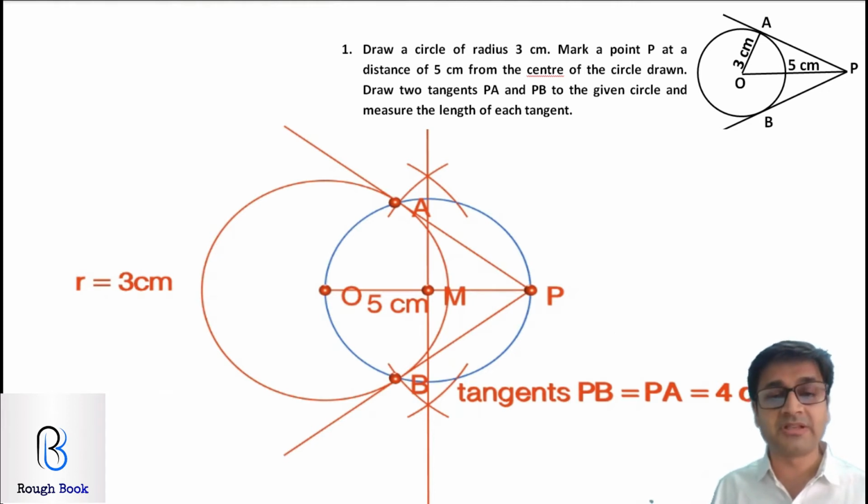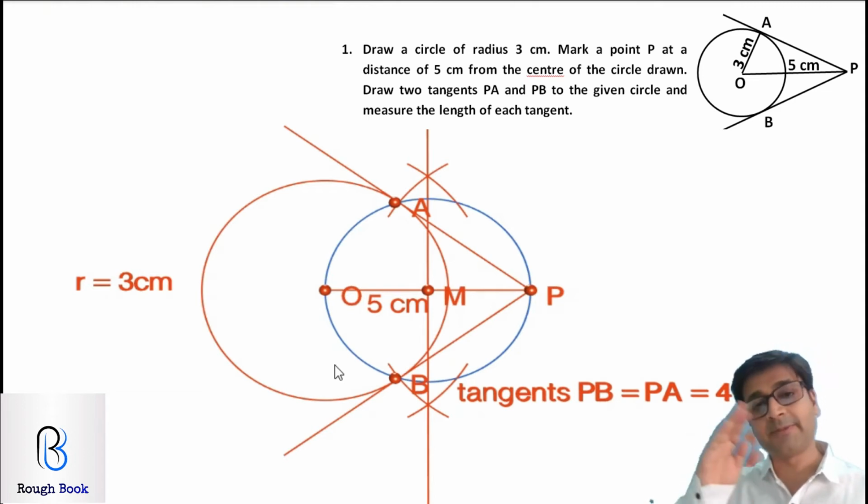Very important sum from an exam point of view: drawing tangents to the circle from a point outside. So repeating the entire process, draw your circle, draw the point which is going to be outside the circle. Whatever line you've constructed, bisect it. At the point of intersection, keep your compass, extend till P, that means make MP your radius and construct your entire circle. Wherever it hits the 2 points on the original circle, just join with this point P. Automatically what you get are the 2 tangents. I hope I made you understand how to draw tangents to a circle from a point outside.